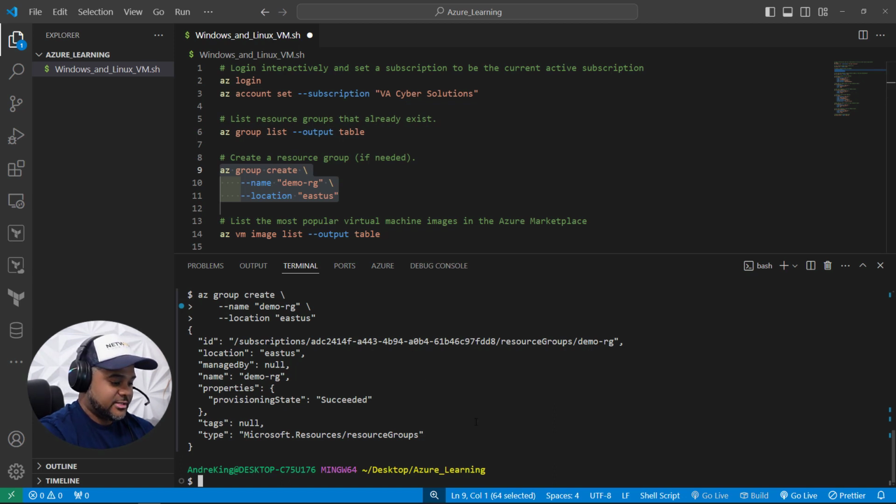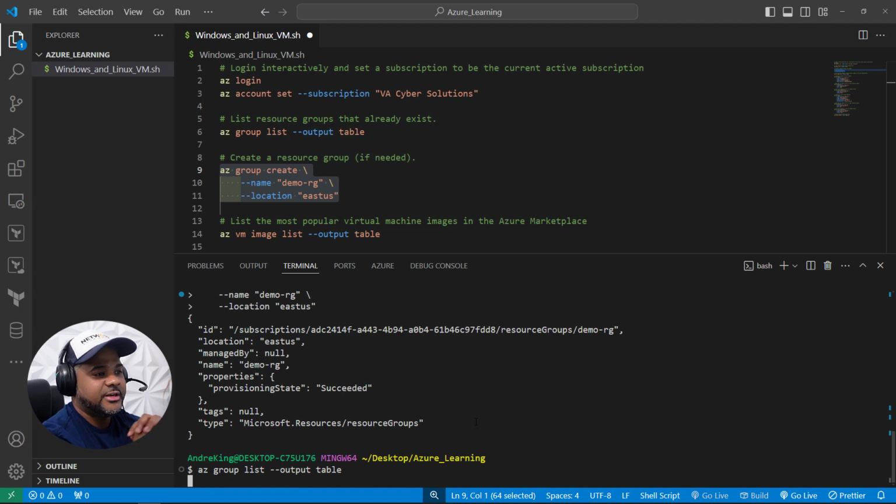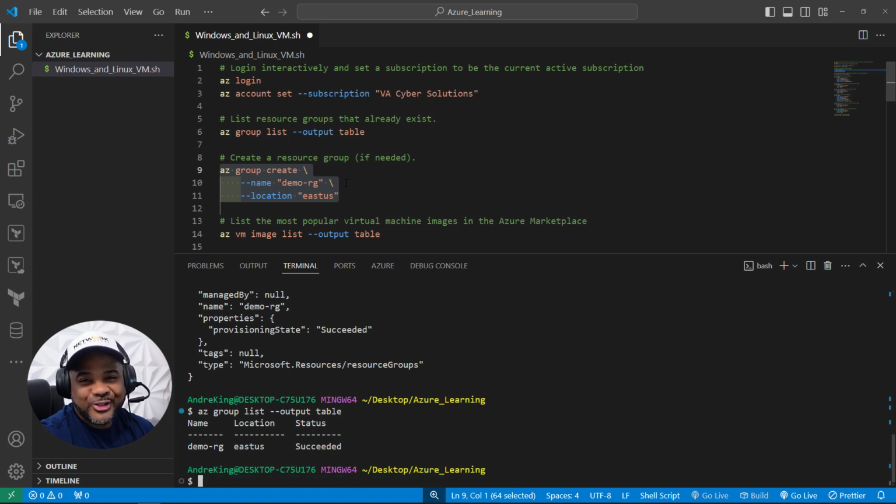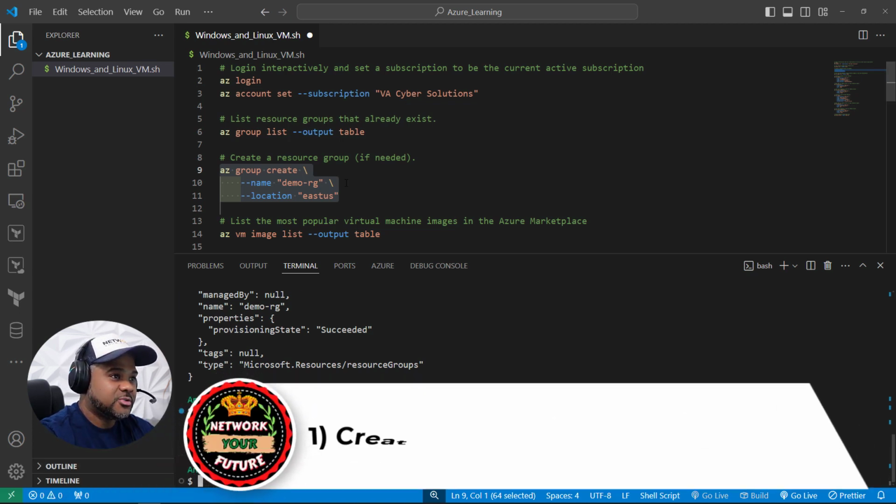And so, as I said earlier, if we press up a few times and then hit enter, programmatically through the CLI, through the APIs communicating with our Azure account, we're going to see that now displayed here. We saw it in the portal, but now we see it in the CLI as well, with the status of success. So moving right along, that's step one, creating a resource group.